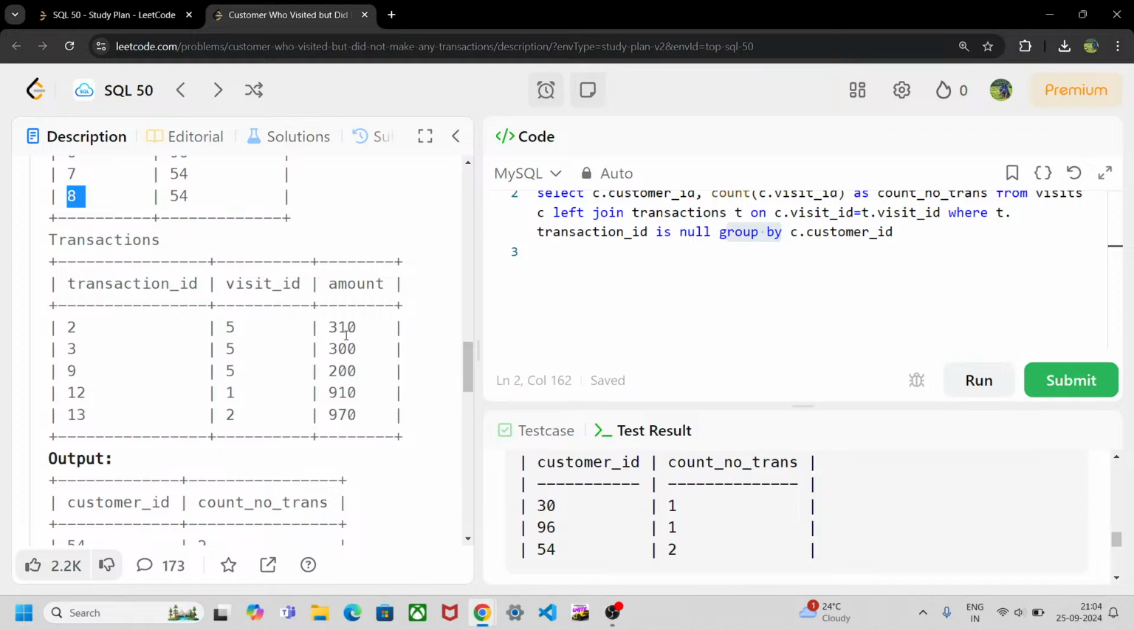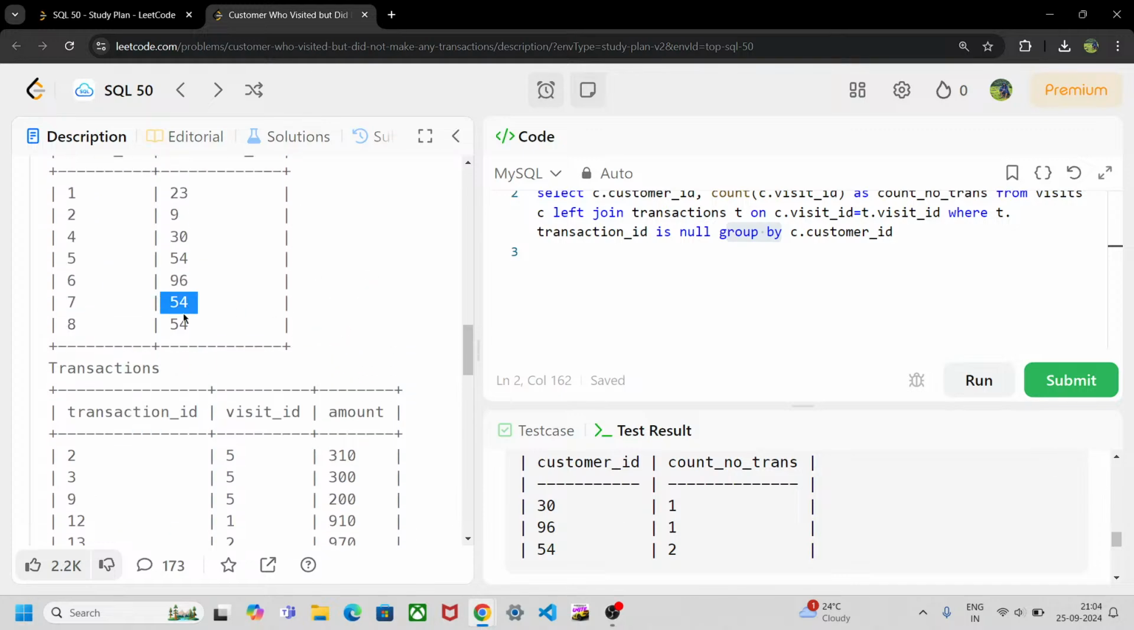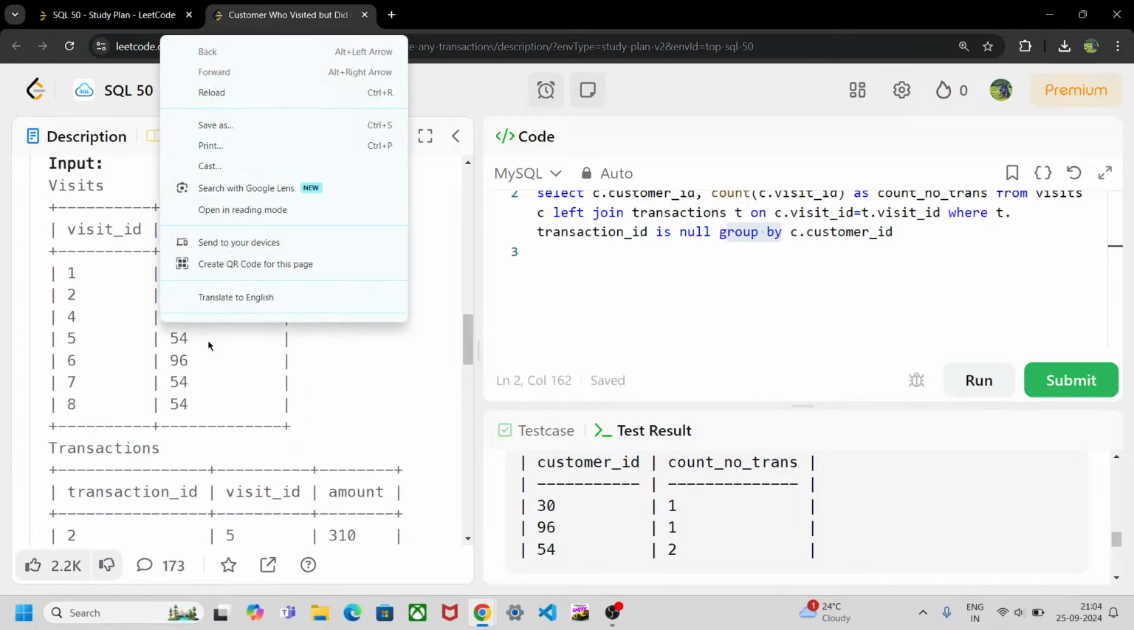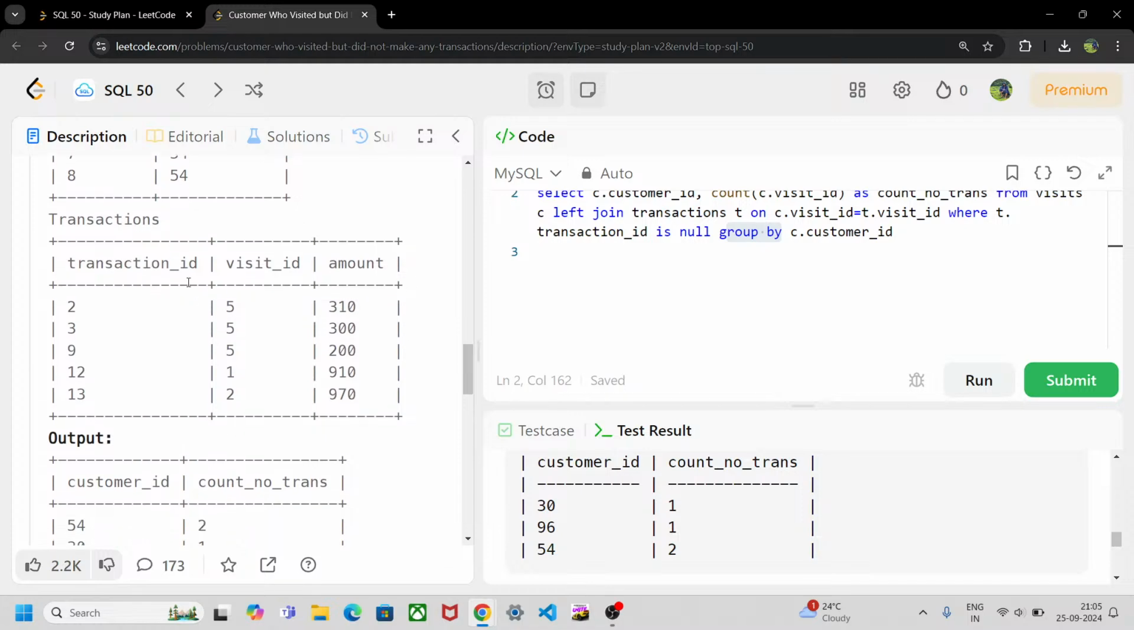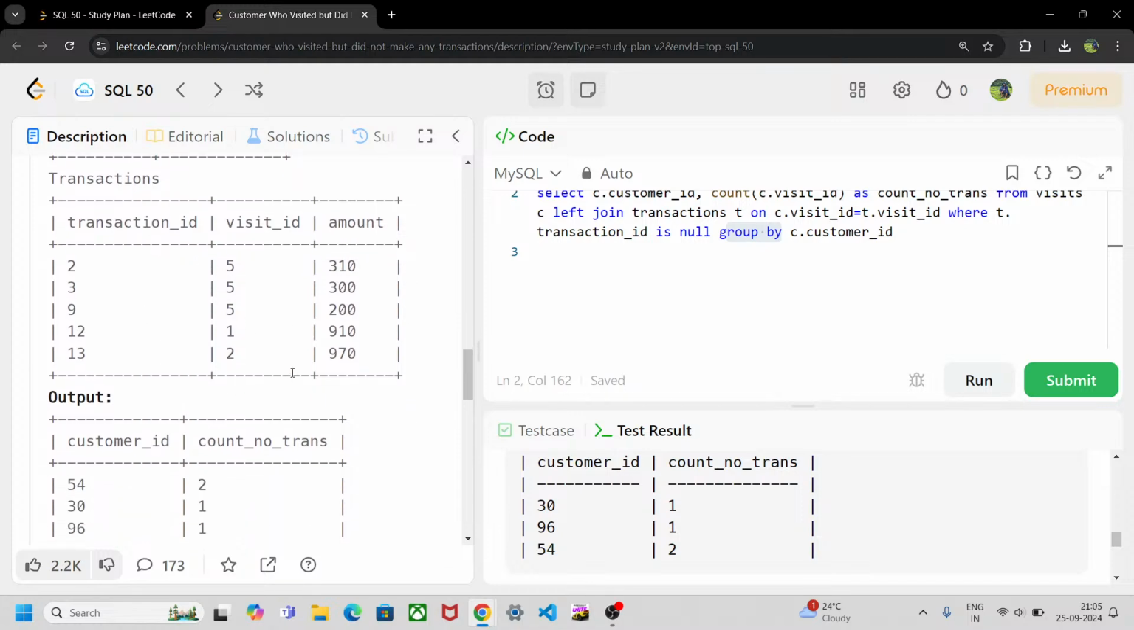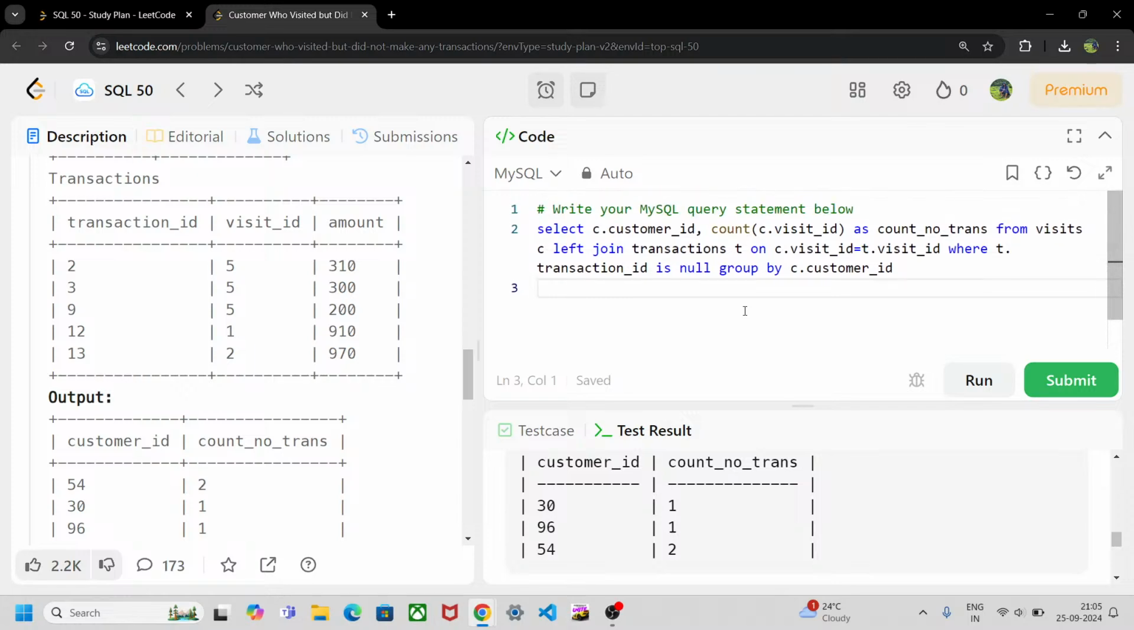So that is the reason we are just counting the number of customer IDs based on their visit ID where the transaction is not happening. That is the reason we are specifying is null here, and then grouping it by customer ID. So that's it. Hope you understood this. If not, let's see